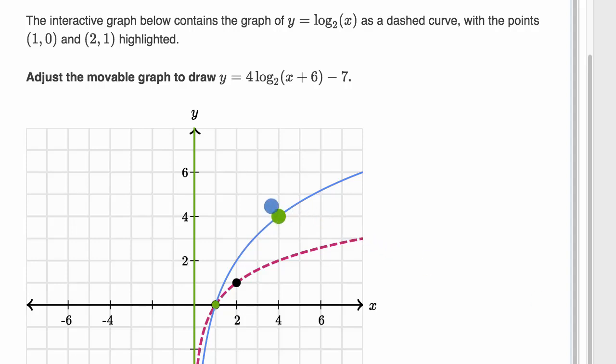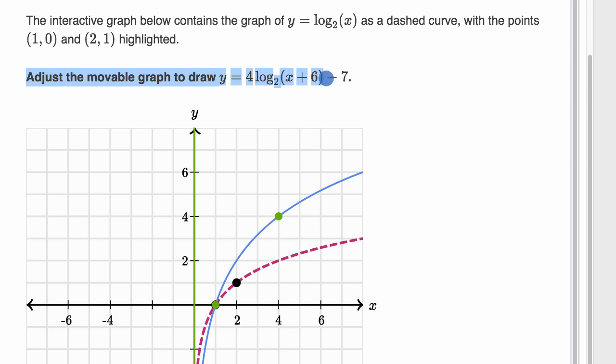This is a screenshot from an exercise on Khan Academy. It says, the interactive graph below contains the graph of y is equal to log base 2 of x as a dashed curve, and you can see it down there as that dashed curve, with the points (1, 0) and (2, 1) highlighted. Adjust the movable graph to draw y is equal to 4 times log base 2 of x